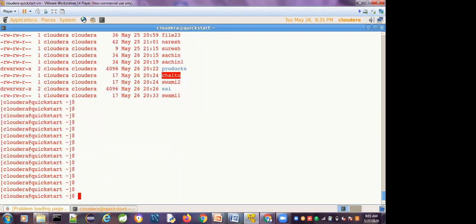Next, before going to the word count, we want to count how many words and characters are present in a file, and how many lines are present in a file. With the help of the wc command, we can do that. Before that, we will check some basic commands.